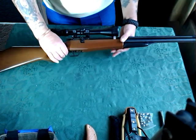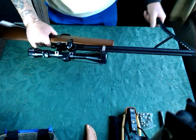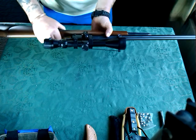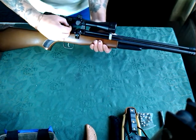So obviously I took it apart and did a few mods on it. Unlimited amount of pumps you can put in this one. I usually work on 8 pumps. It's fairly consistent with 8 pumps. This is a handy bolt action with